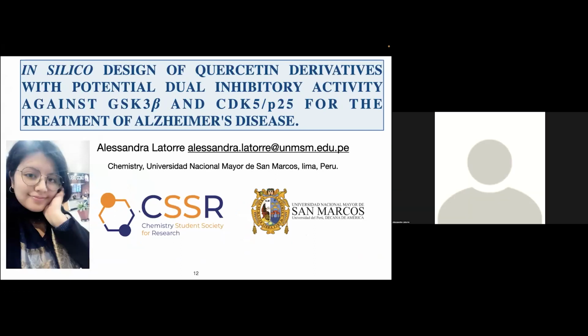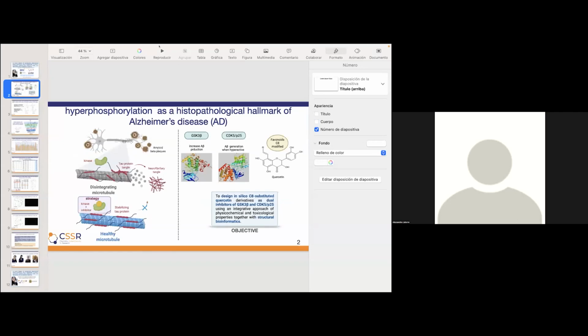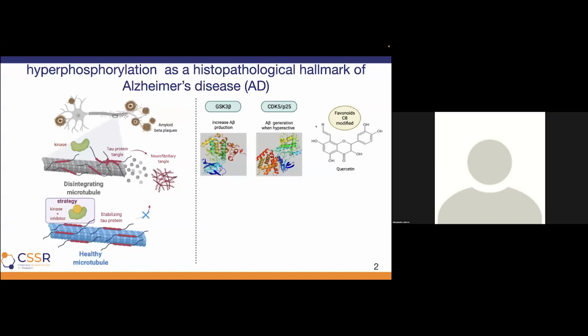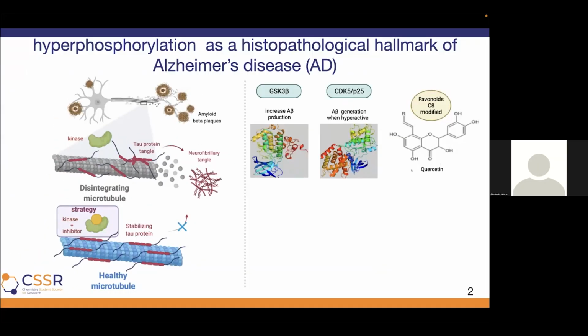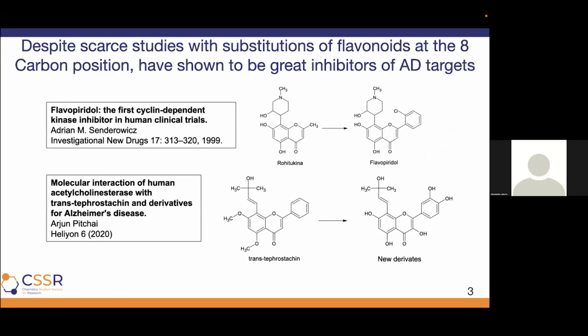Bioisosteres, as I can show here in the picture, are molecules that were produced based on modification of a specific part of, in this case, the flavonoid quercetin. So we took the R as representative. It could be a functional group, or it could be any substitution like a methyl group or others. So we proved these molecules